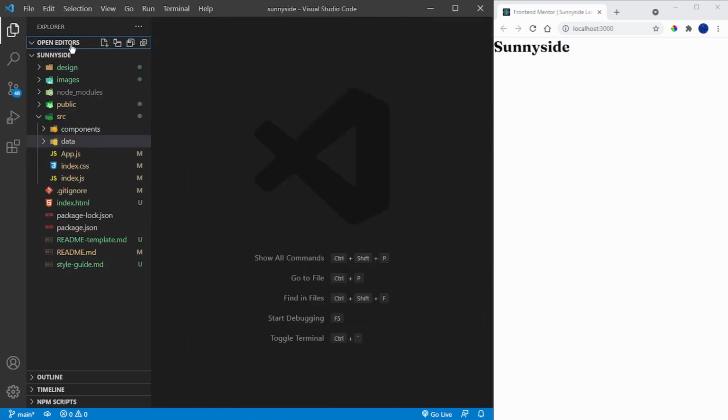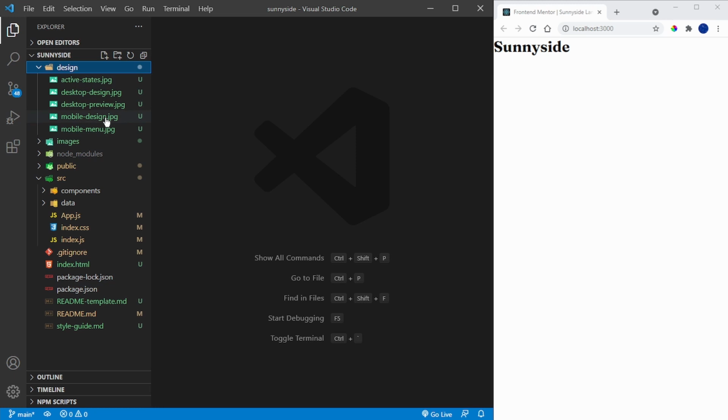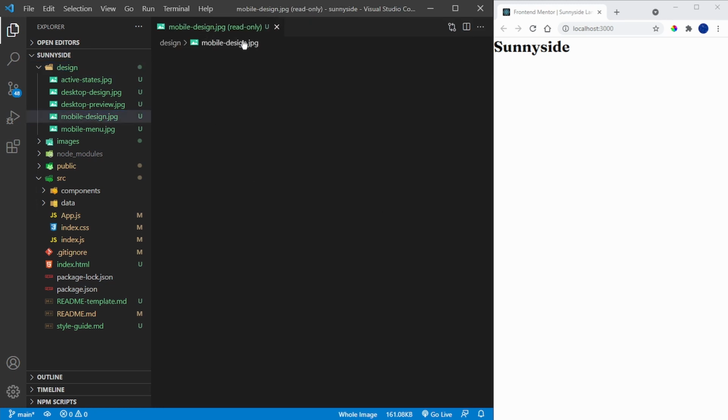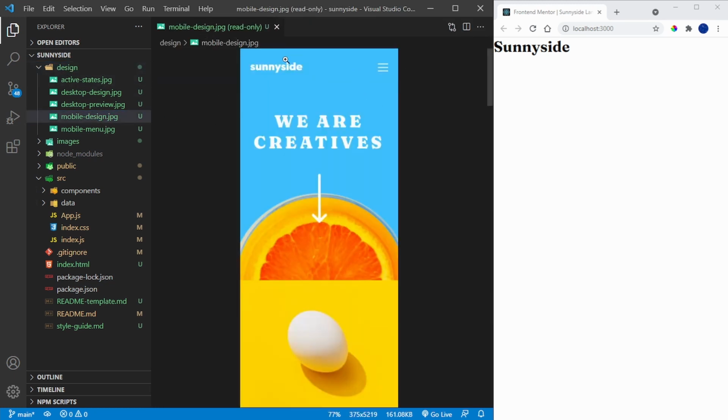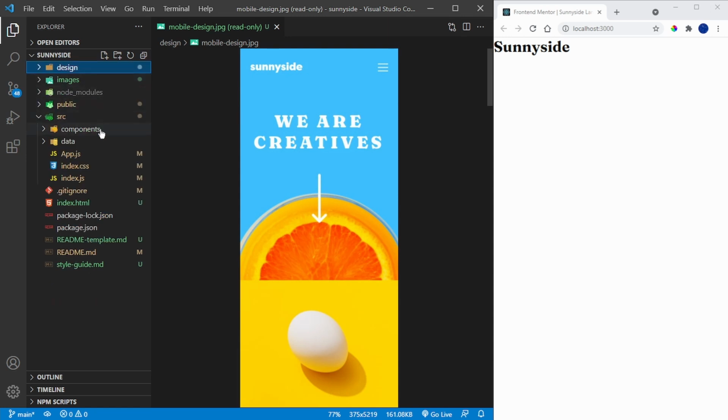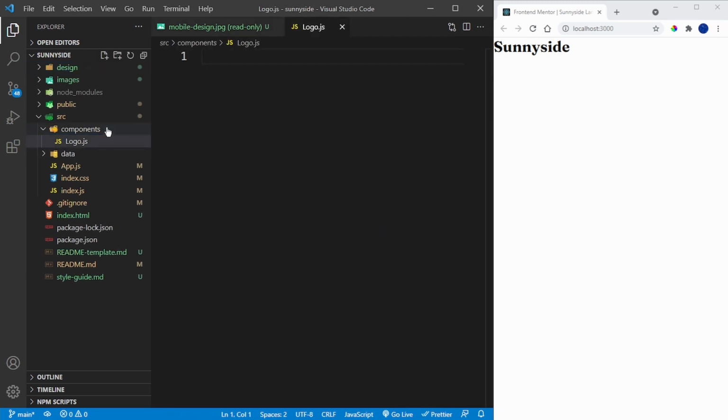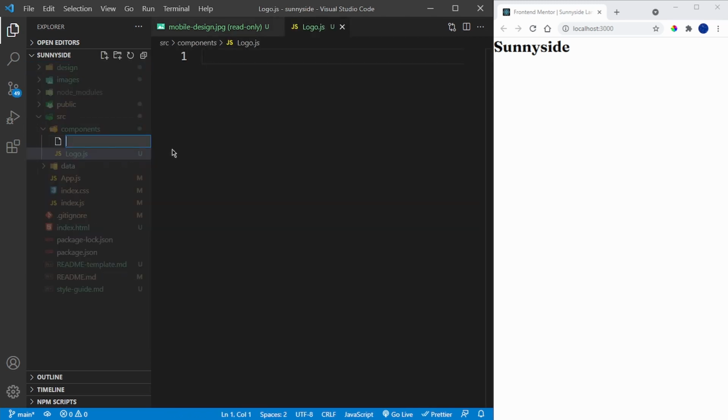So let me just close all of this down first of all. And then let's open the mobile design first, because we're going to be building this mobile first. Okay, so this is what we have for the mobile design. We have the logo on the left, and we have the hamburger menu on the right. So right away, I can already tell that these are two components, or at least that's how I want to build them. So I'm going to create a component called logo.js, and then I'm going to create another component called